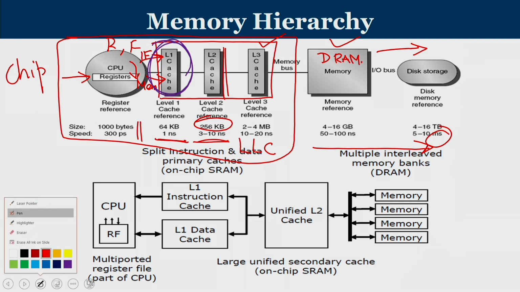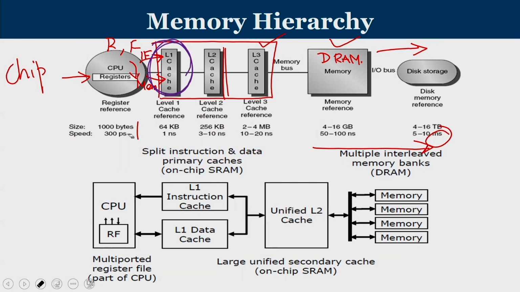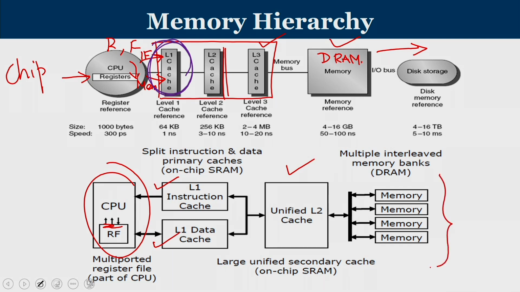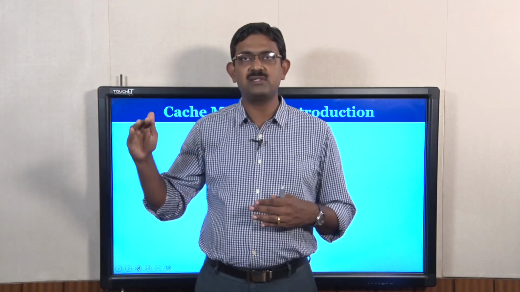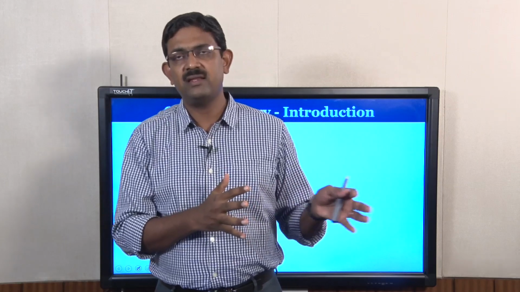Looking at a different perspective of how this whole memory hierarchy looks like, I wanted to draw your attention to this. This is your CPU, which has registers through which I can read and write. The registers have read and write ports. Then you have separate I and D cache, which is your L1 cache, and then you have L2 cache, that is a unified cache, and then we have different chunks of main memory. Together we call it the main memory unit. So we have seen what the memory hierarchy is all about, starting from the registers all the way to L1, L2, L3 caches, and then main memory, and then finally the disk.